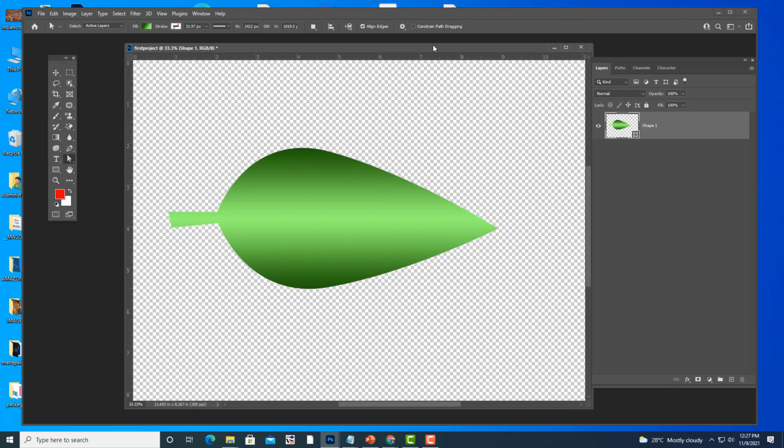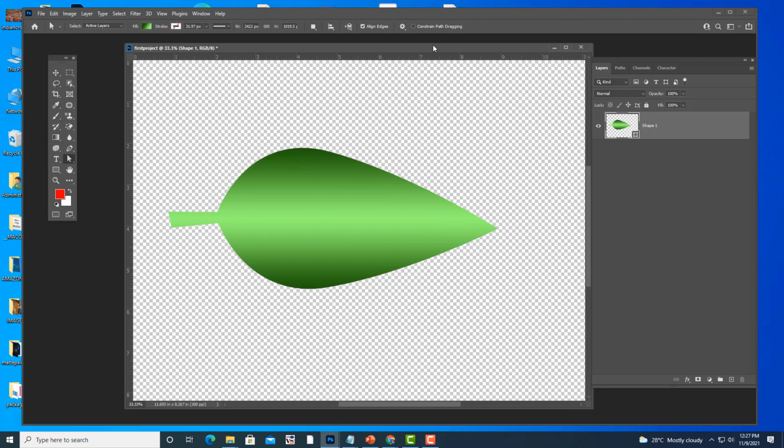And for graphic designers, you will be learning software like Illustrator, CorelDRAW, and there also you will be using the pen tool a lot. So that is why first get used to this pen tool in Photoshop itself. It will be very much helpful to you.